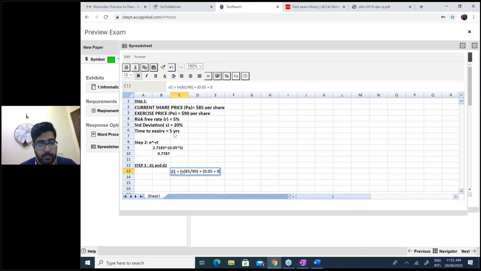S is 0.2 square, power 2, into 0.5. Bracket close. T is 5. Okay, divided by